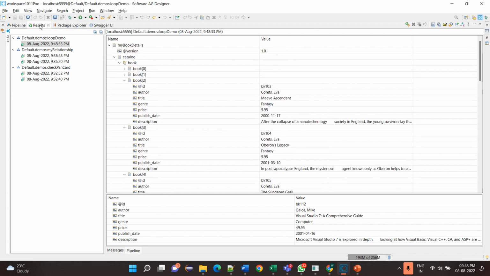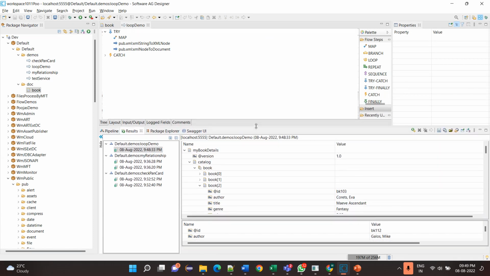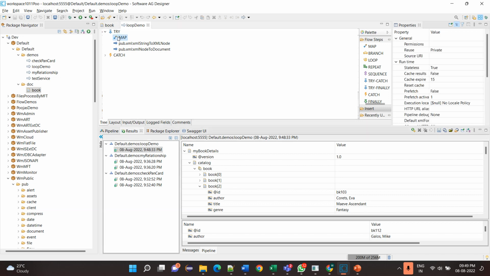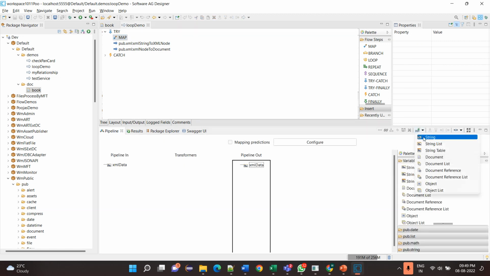Okay, so conversion is perfect. Now what I wanted to do is the total of all the prices. So how can we do it? We need to go through each step one by one: first book, second, third price of book, fifth, eighth, ninth, 12th book's price, and we want to add everything into one. So what I'll do is, inside this map at the beginning, I'll create one variable